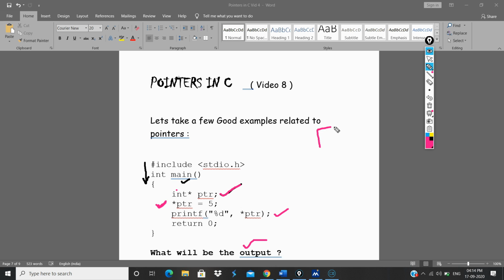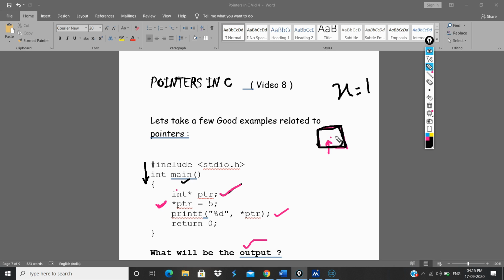Which means there will be a location and it might contain some value, and when I write this statement it will remove the previous value and update the new value here. But in this case, is any such box created? Have we created any kind of variable like x is equal to 1? Suppose, have we created this kind of statement? No, which means there does not exist such a block of memory. There does not exist in your memory such a box.